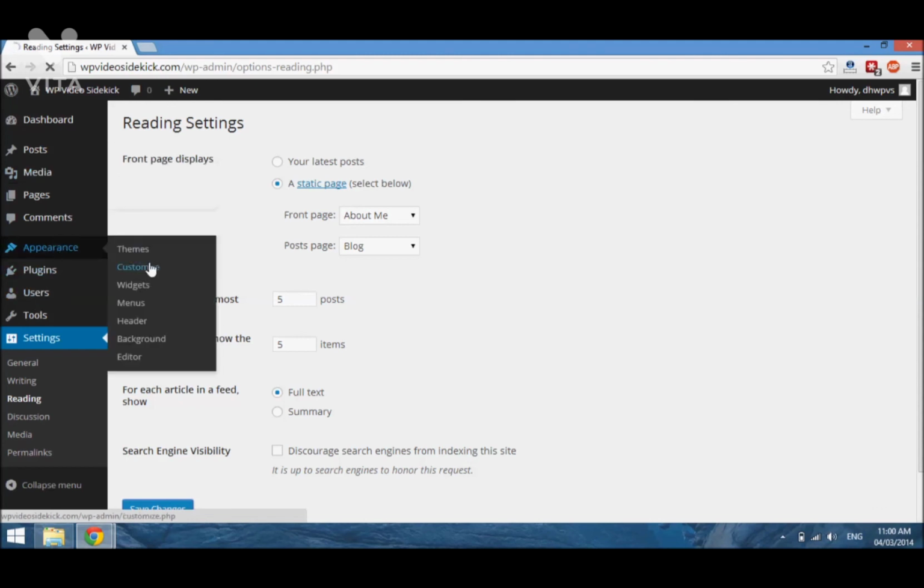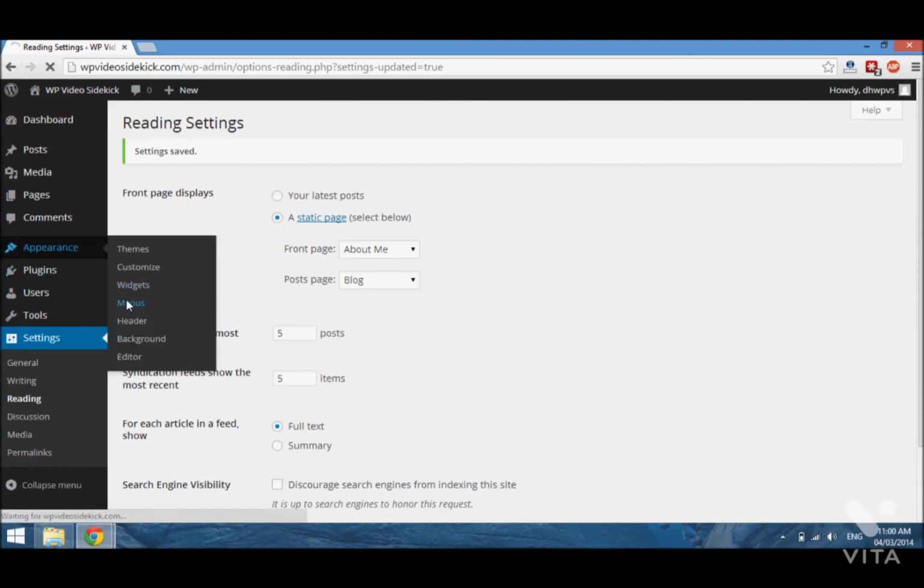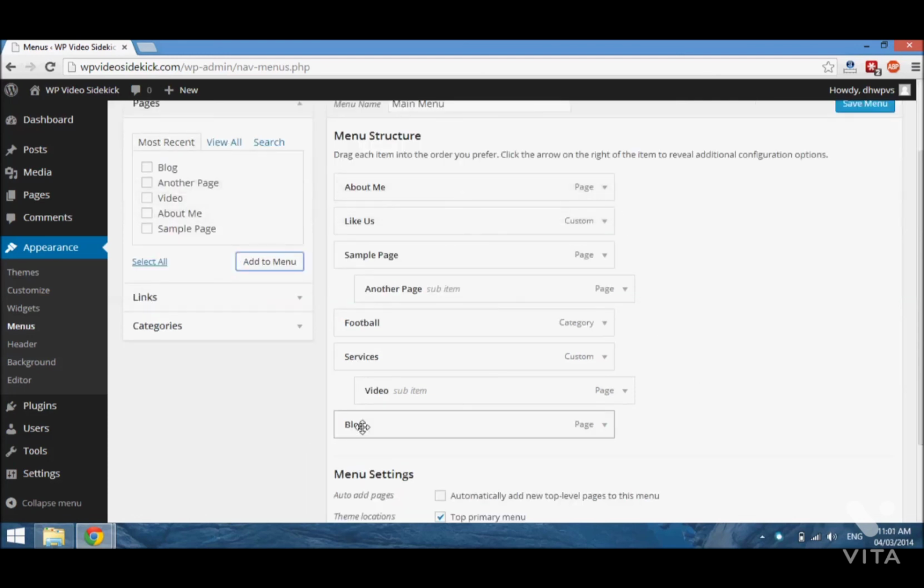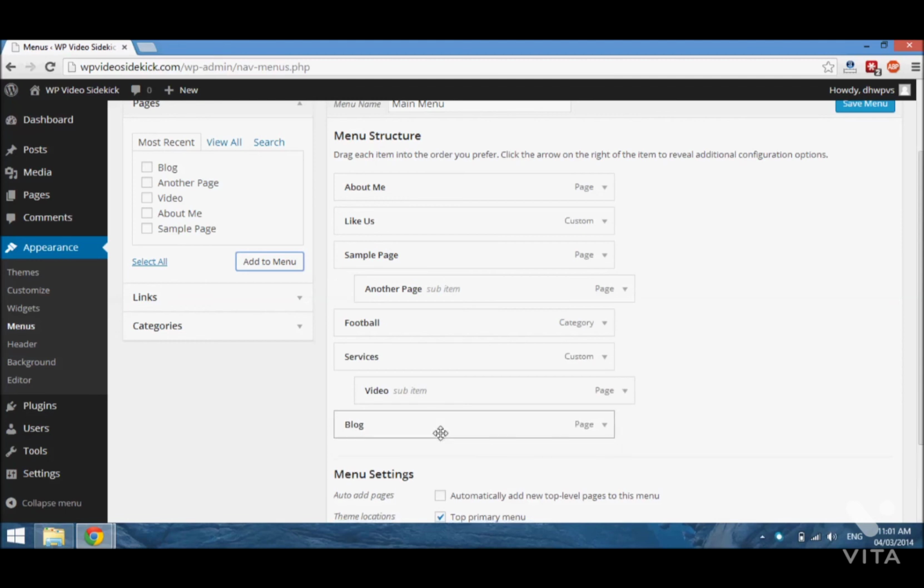And there's just one more thing we'd have to do under appearance. We'd have to go to menus, because, of course, we are using a custom menu for our site. So for that page that says blog to show up, we'd have to add it to our menu. So just click add to menu, and we can of course drag this page to wherever we want it in the order, and I'm just going to leave it at the end for now. And if we save the menu